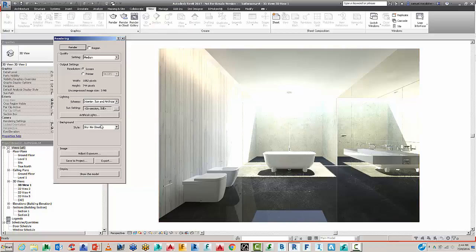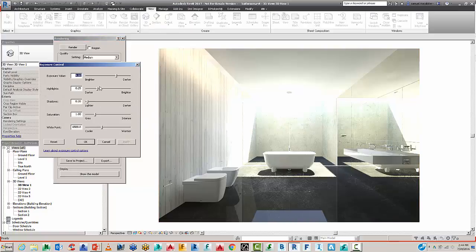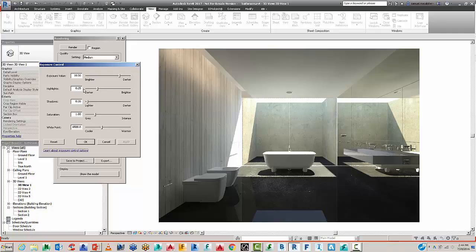I'll just stop it, and I can then maybe just adjust the exposure to 10.5, and we'll just apply that, and we're getting a few better results here. And I'm just doing this before I go to the cloud. I just want to do some test adjustments just to get an idea of how that illuminance is going to run. So we're getting something that's not too bad,